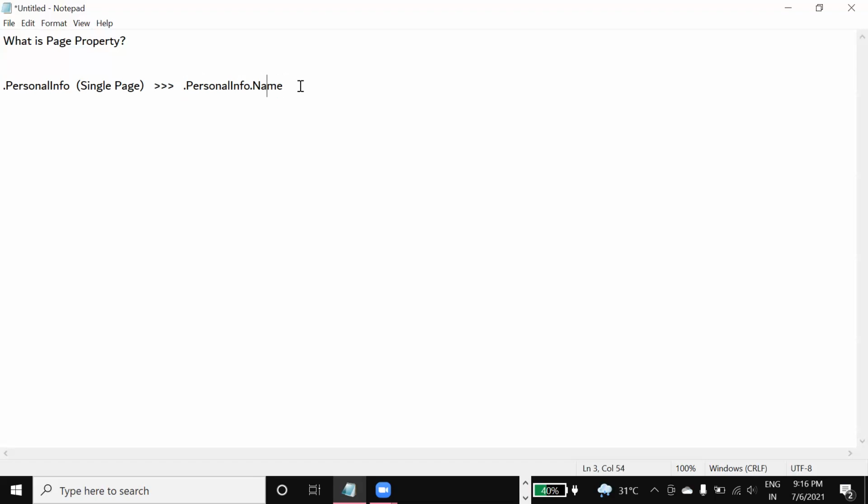Similarly, we can do it for the other properties as well. Let's say .PersonalInfo.Name is equal to John, and similarly .PersonalInfo.Age is 20, and .PersonalInfo.Gender is male.